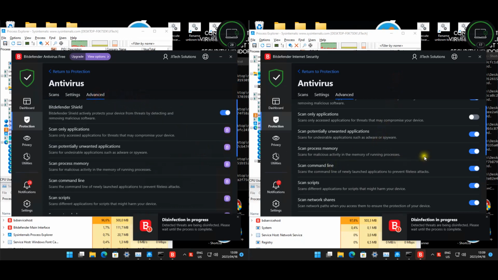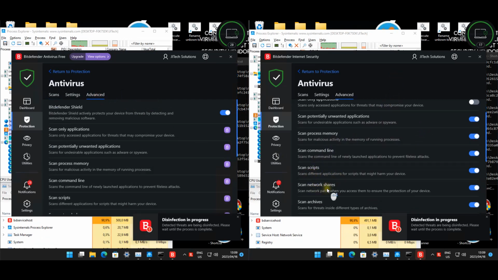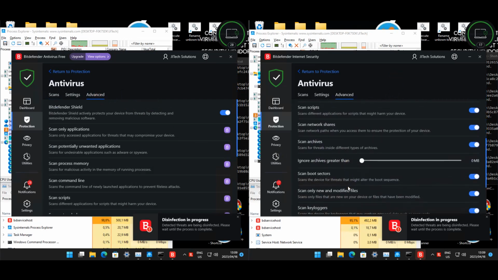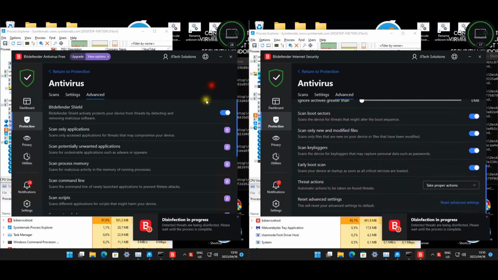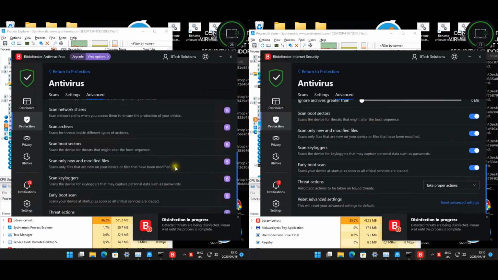So obviously with the paid version you are gaining scan for scripts, network shares, scan archives, scan boot sectors, scan only new modified files, scan keyloggers, early boot scan, which are obviously not included in the free